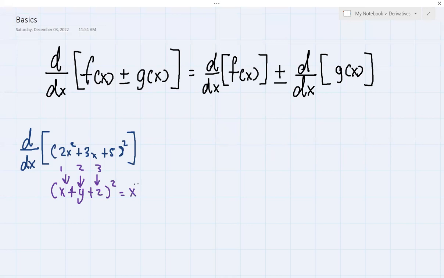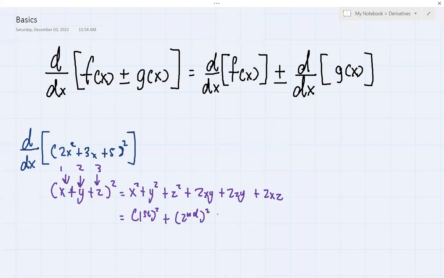This is x squared plus y squared plus z squared plus 2xy plus 2zy plus 2xz. That's the formula. Okay? So, let me rewrite it this way. This is the square of the first term, square of the second term, square of the third term,